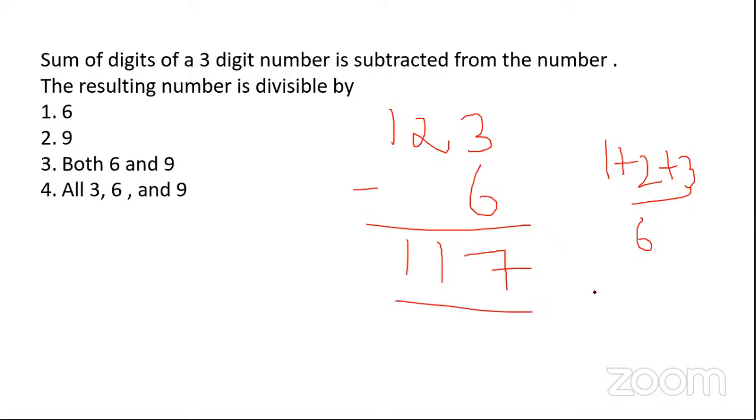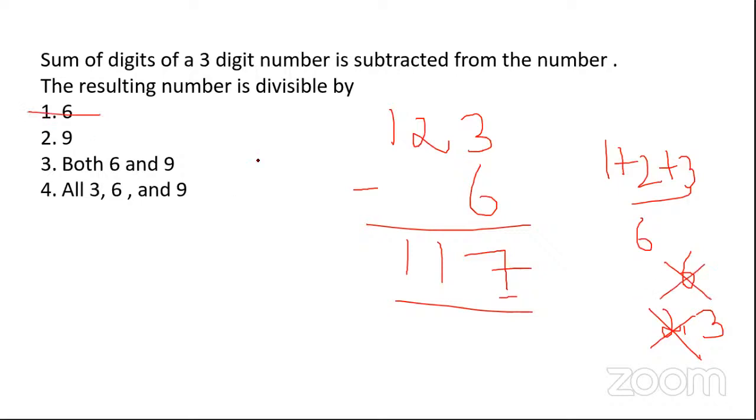So this value should be divisible by which numbers? Only 6. If you want to divide a number by 6, it should be divisible by both the 2 table and the 3 table. For the 2 table, the last digit is odd, so it is not divisible by 2. So eventually it is not divisible by 6.